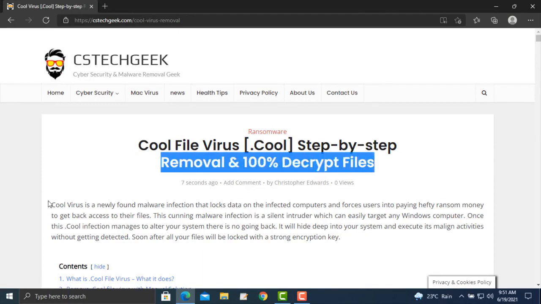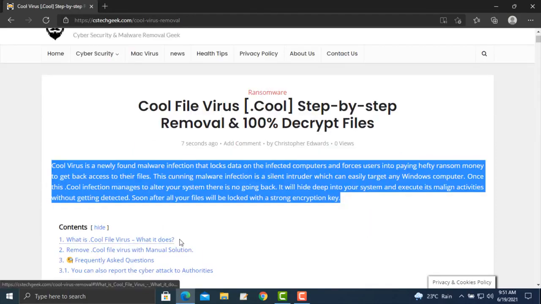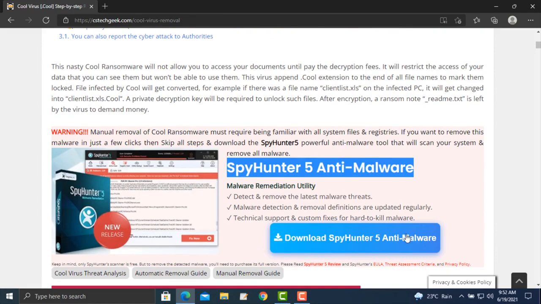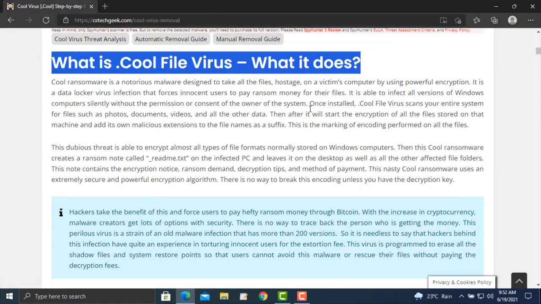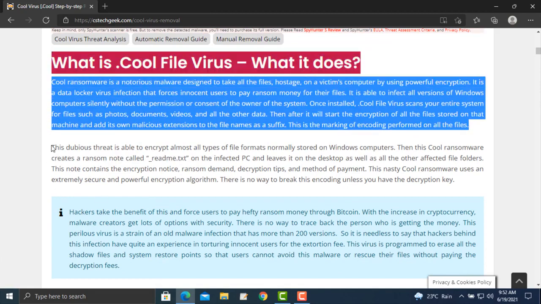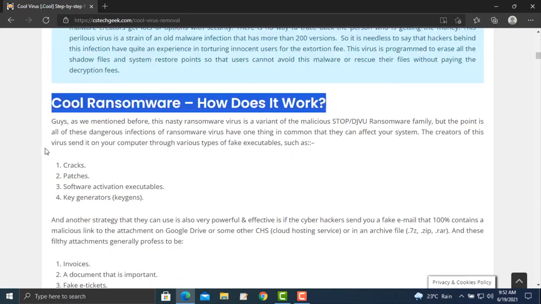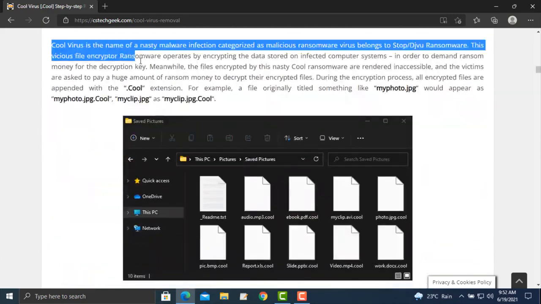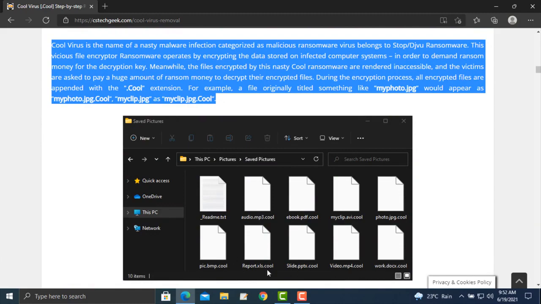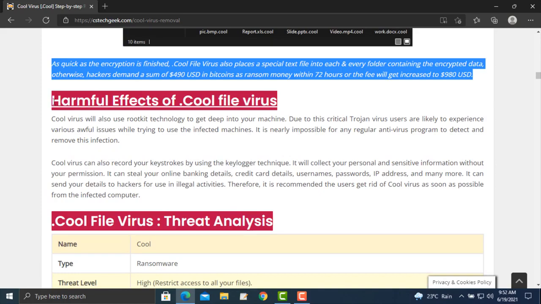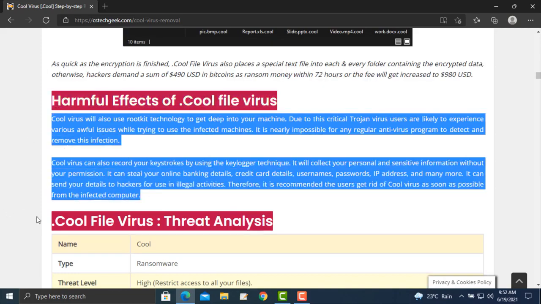You can find all the important information that you need to know about this infection right on this page, like what is this virus, what it does, how it infects your computer, what types of files get infected by this infection, which type of encryption algorithm it uses, how much money it wants you to pay for the decryption key, why you should not pay the ransom money to the hackers, and what are the alternative methods that you can use to remove this infection and recover your files without paying money to the hackers.